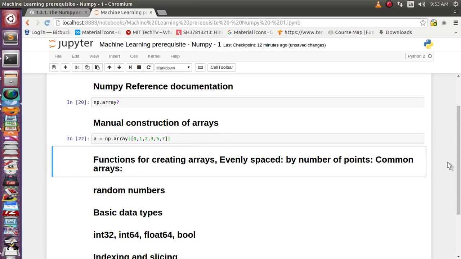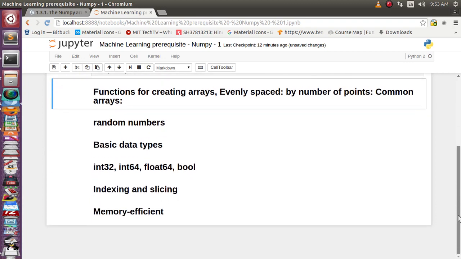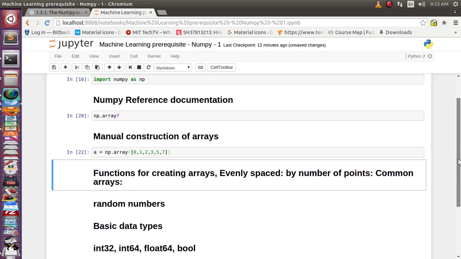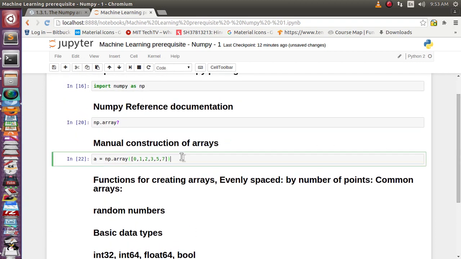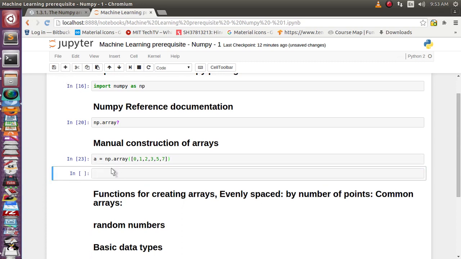It has not displayed any output. So we have created an array which has stored the values 0 1 2 3 5 and